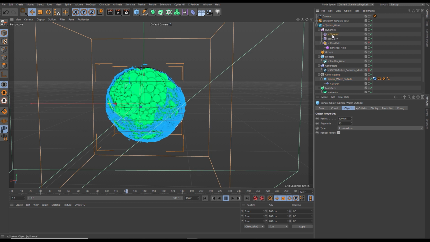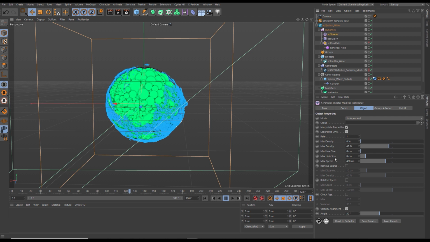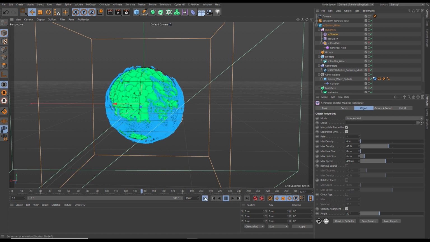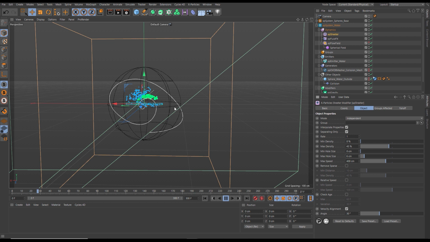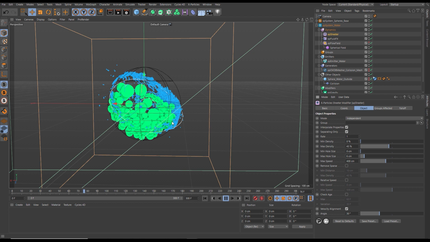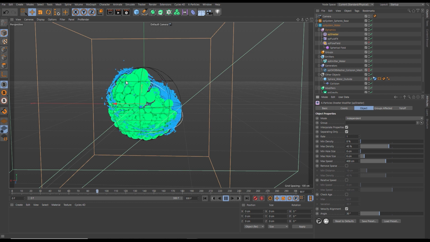We'll just go back to the sheeter, and what we could do is reduce our max hole size down, which means it can only fill in smaller holes, and we'll put this down to say, I don't know, 6 centimeters, and even that very small change is going to ensure that we don't have quite as heavy clumping as that gets to the surface. So yeah, look, there's far fewer particles there than there was, and look at these nice tendrils. When these are meshed, these are going to give nice long stringy bits of fluid moving along